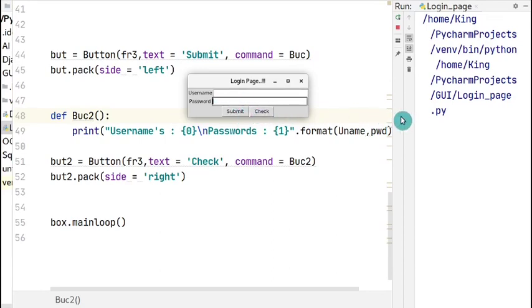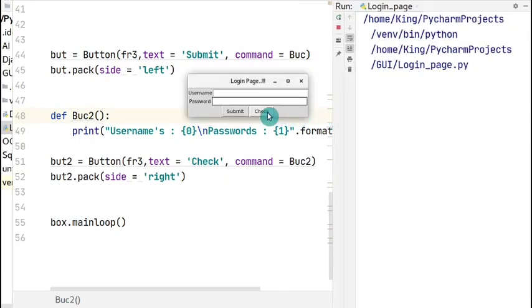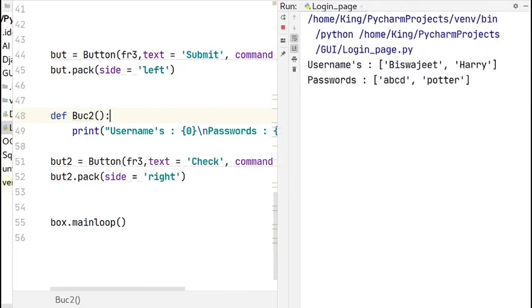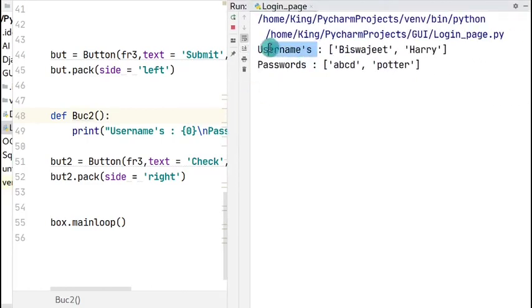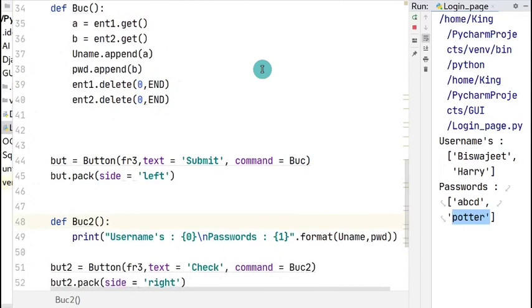And now I'm going to check whether this was properly added or not. So I'll click on check. There you go. Here are the usernames which are added. One is Biswajit and Harry, and these are the passwords, which are ABCD and Potter, which are added in our list. So this is the small program to create a GUI application, a login page.